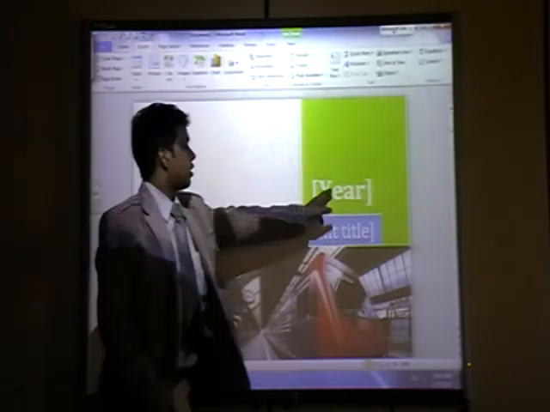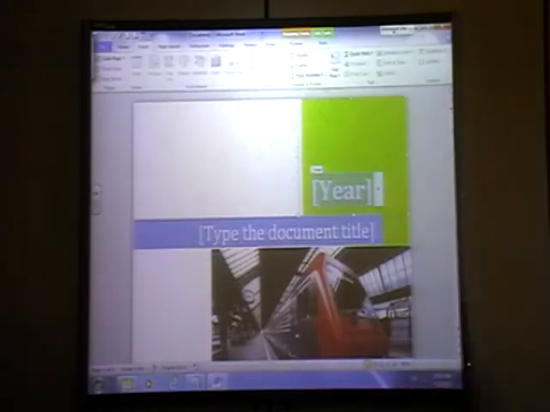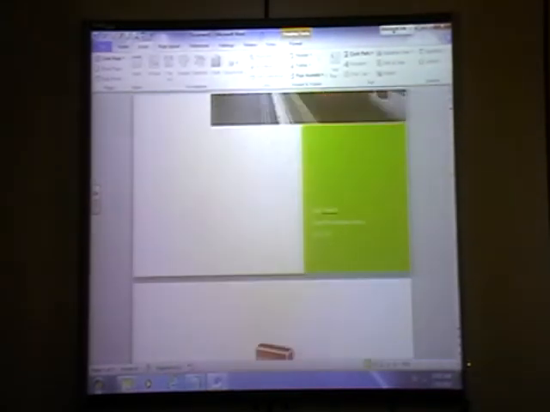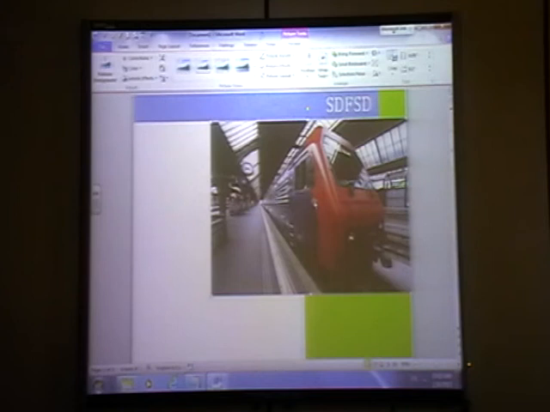When you make a project, for your self-learning, you will make a cover page like this or any style cover page by using this one. Here you can change the data. You can change the value. Type of document, here you can write, and here you can write your name and detail. This picture, if you want, you can change this picture. Click on this one. Picture style. You can change the background, everything.